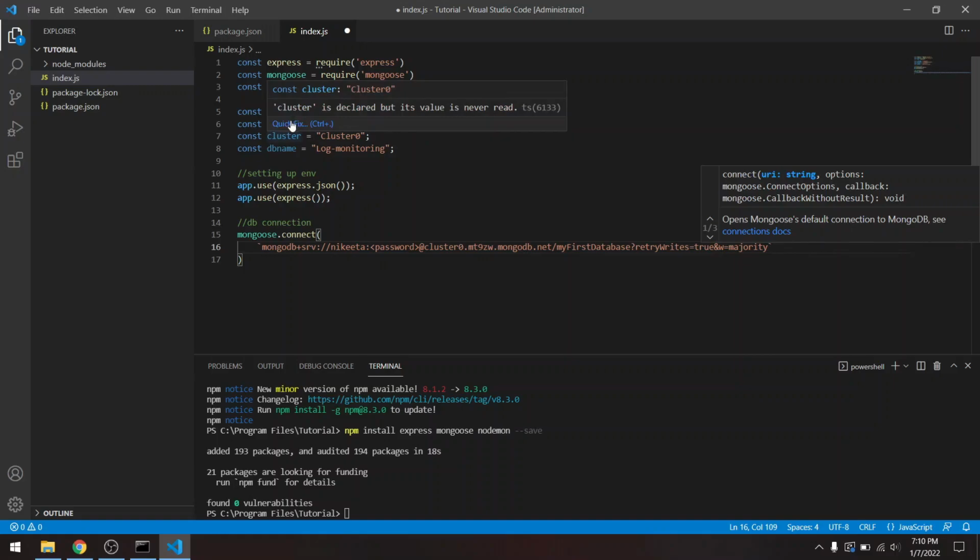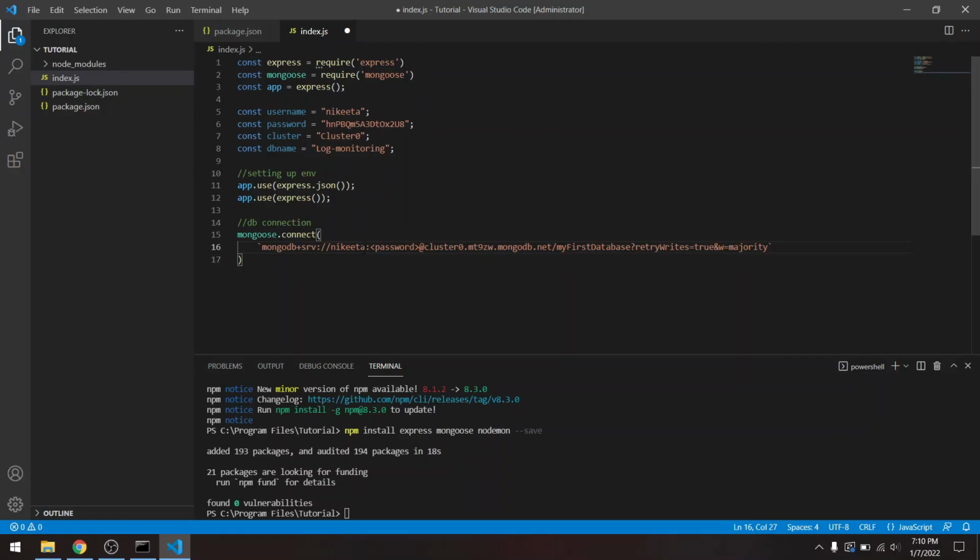Since I have given username, password and cluster as separate variables, I will just replace them with $username, $password, $cluster and $database name, the DB name.